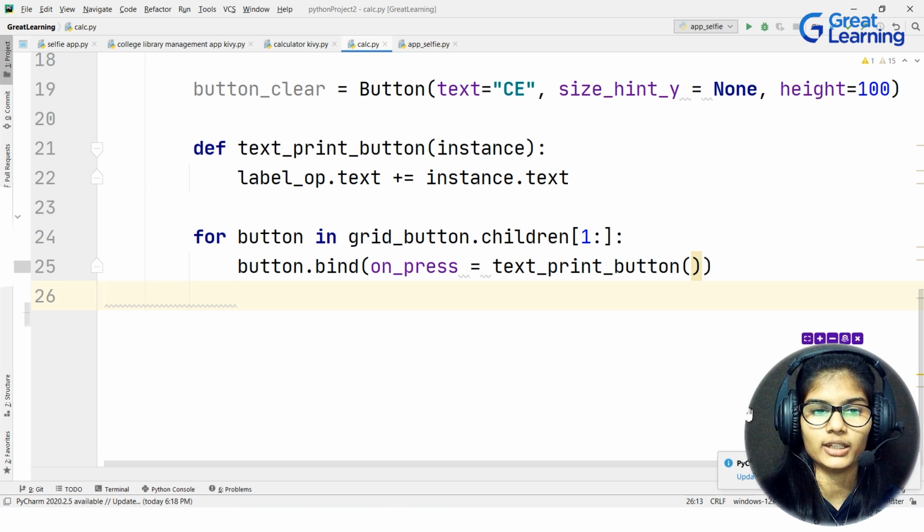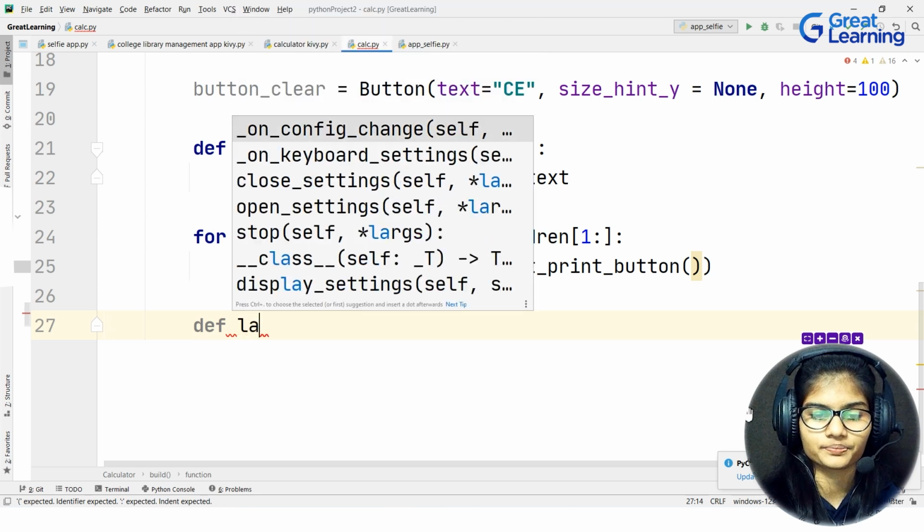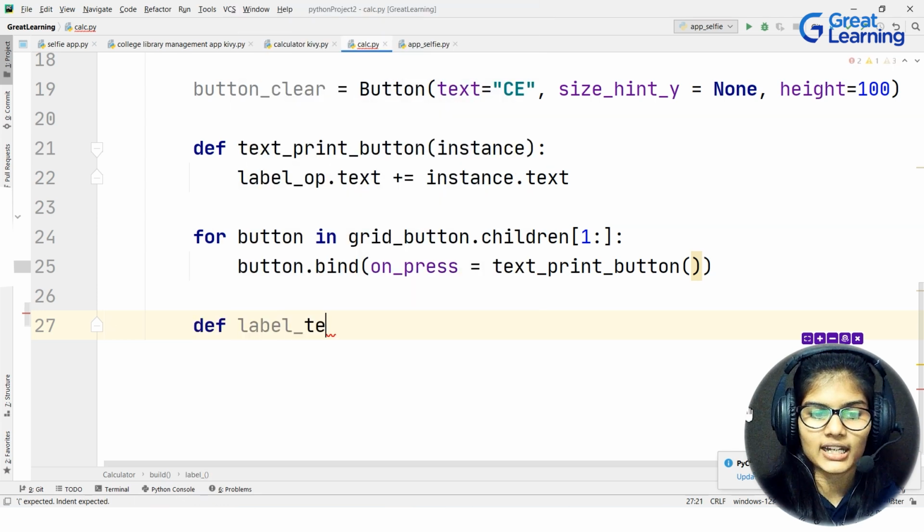So I hope I'm very clear with that. Now, how do we set up the size, like what's the font size there? For that I'll make a new variable, that is def label_text_size, my variable name. Now inside the bracket, first of all I'll be passing the label, comma,